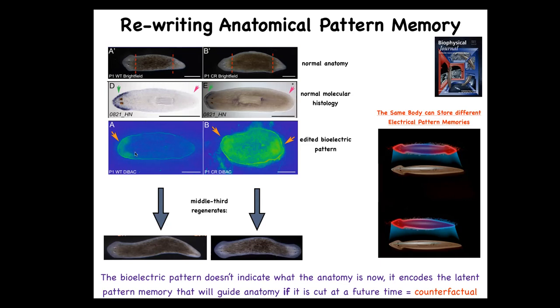And so it turns out that what it has is this bioelectrical gradient that has this information: one head, one tail. And what we're able to do is take this animal and in place rewrite that bioelectrical pattern so that it now says two heads. You can see this is kind of messy. There's still a lot of technology to be worked out here, but we can say two heads. And when you do that, that animal hangs around anatomically completely normal, gene expression completely normal.